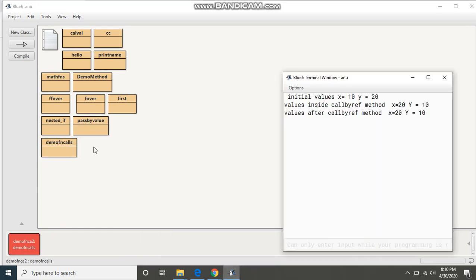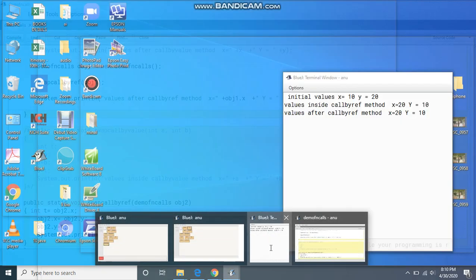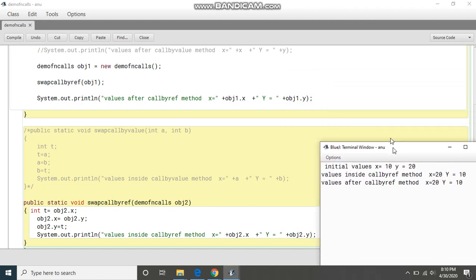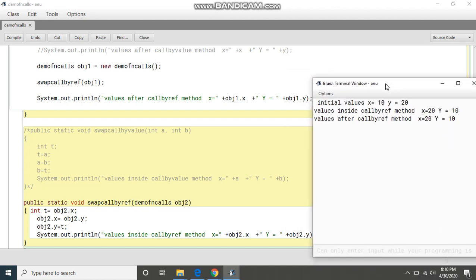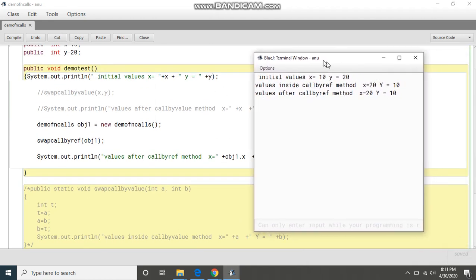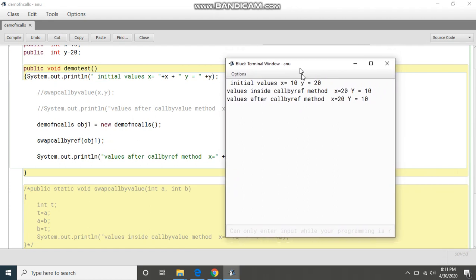See here, if I open the program also side by side, let's see the answer. This first line belongs to this line: initial values of x is equal to 10 and y is equal to 20.